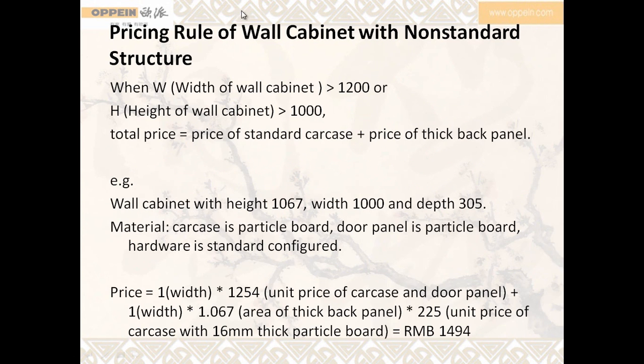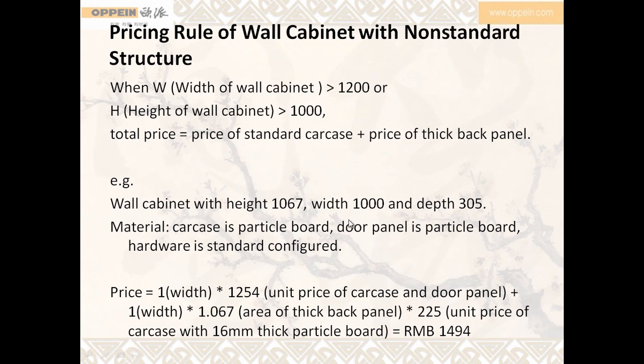Pricing rule of wall cabinet with non-standard structure. Here, when W, which means width of wall cabinet, is greater than 1,200, or H, which is height of wall cabinet, is greater than 1,000, then the total price equals price of standard carcass plus price of thick back panel. For example, wall cabinet with height